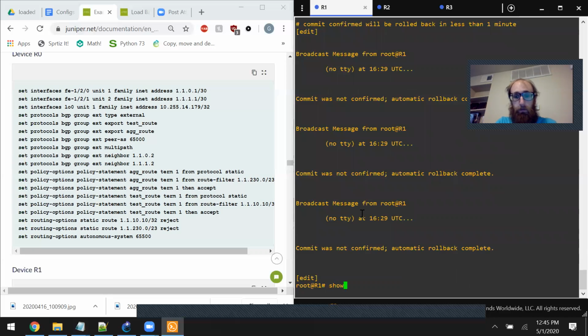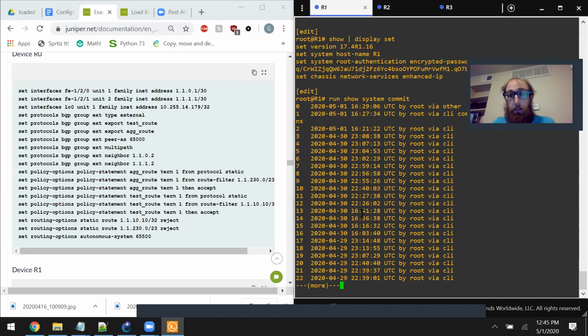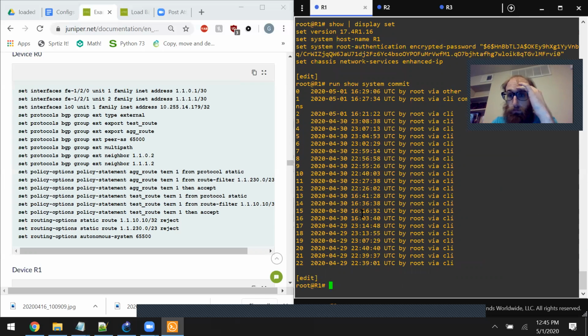So we saw up here that I did a show | display set. So if I do that again, it's all rolled back. There's no more configuration. So let's enter that configuration back in. And the good news is that it is an actual commit. I actually made the commit. The commit was successful. If I do a run show system commit, it's in my database. So if I want to reapply that configuration,